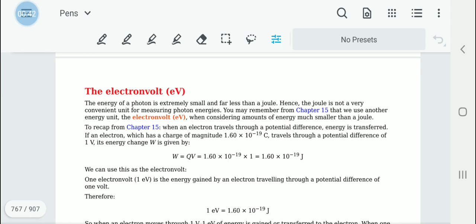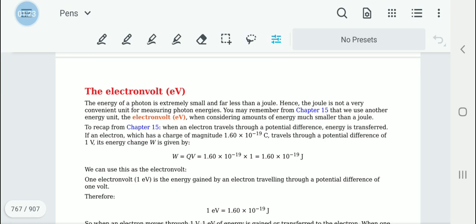The electron volt is something we have learned earlier, used to measure energies which are very much lesser than a joule. In chapter 15 we discussed it. When an electron travels through a potential difference, energy is transferred. If an electron which has a charge of 1.6 into 10 to the power minus 19 coulombs travels through a potential difference of 1 volt, the energy that changes would be given by